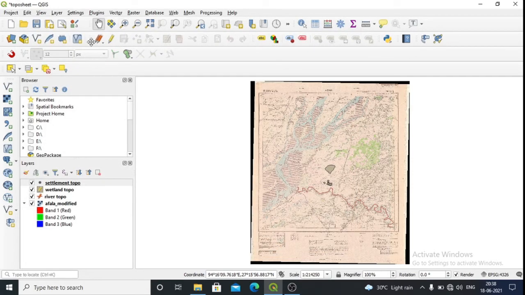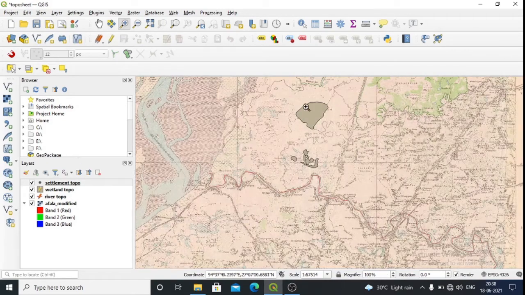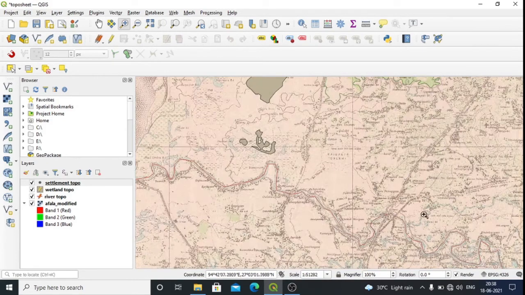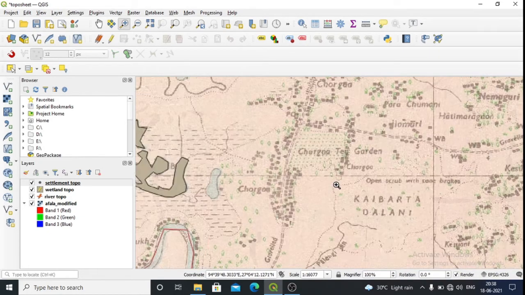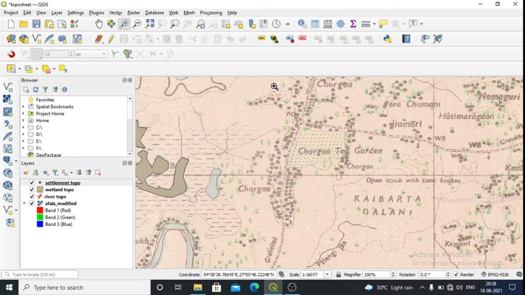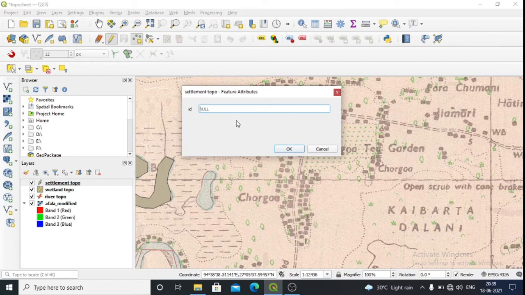Now I choose the settlements near to this area. Let me choose all the settlements which are near here. No need to select each and every one, you can select just a few. Then add the point feature, then just click wherever you want. So this is ID number 1.